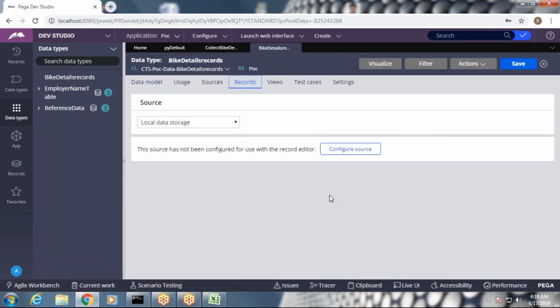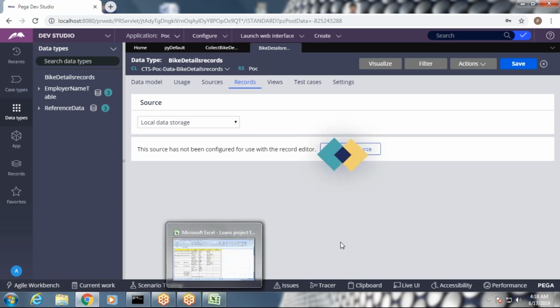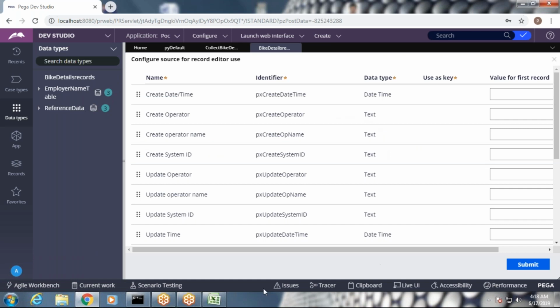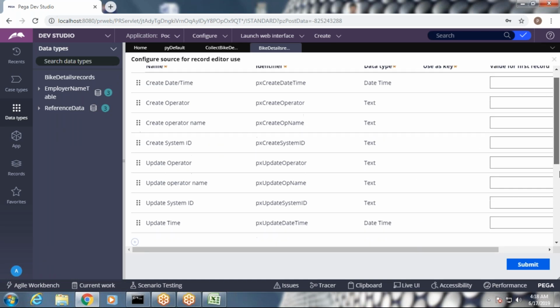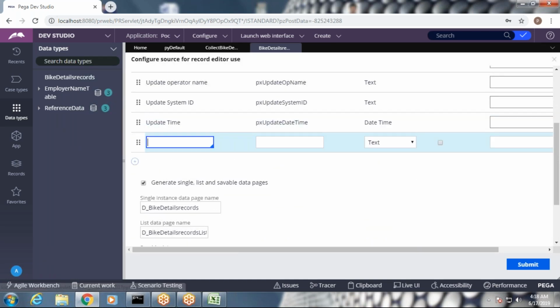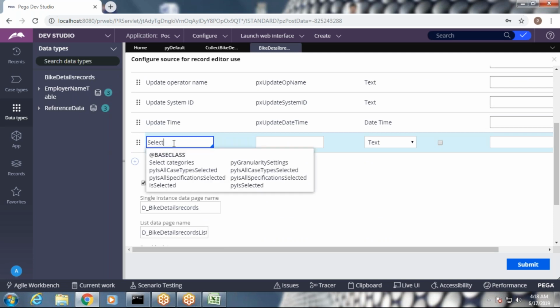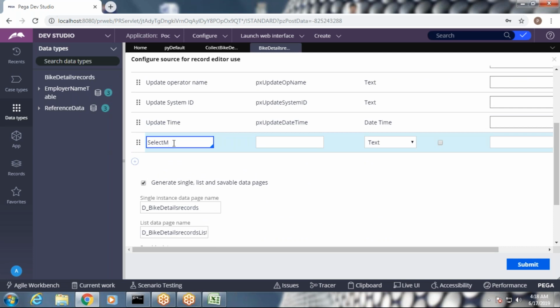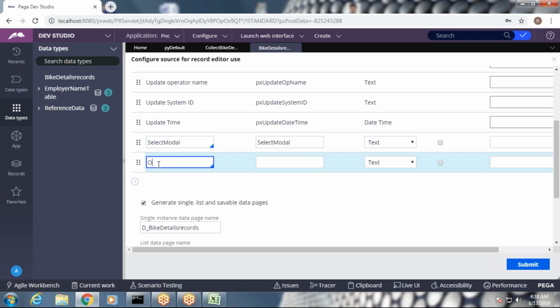Now go directly to records and configure the source. Instead of adding the properties in the data model tab, I'm going to add the properties directly here. Select model is text only, and on-road price is integer.